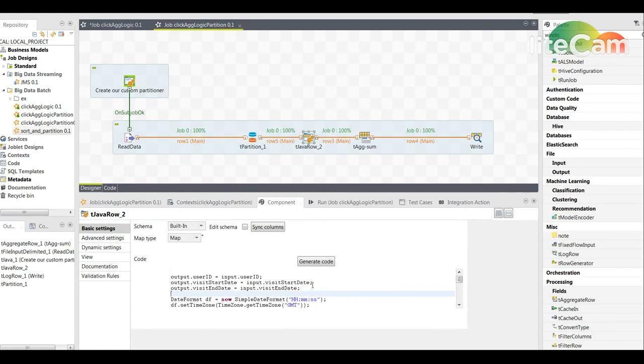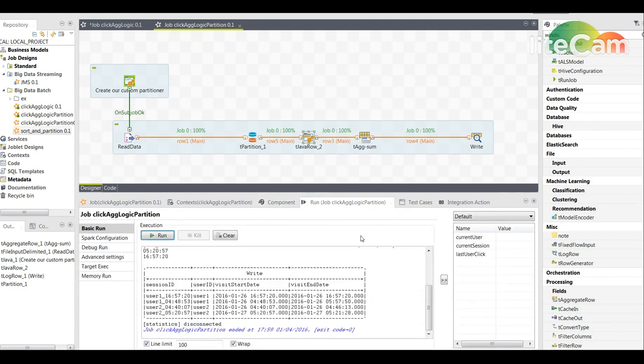Now, when we run this job, as I did, you can see the results are correct this time. I hope this use case is useful for you and you can learn something about Spark and also how to work with Talend. I will add the partitioner code